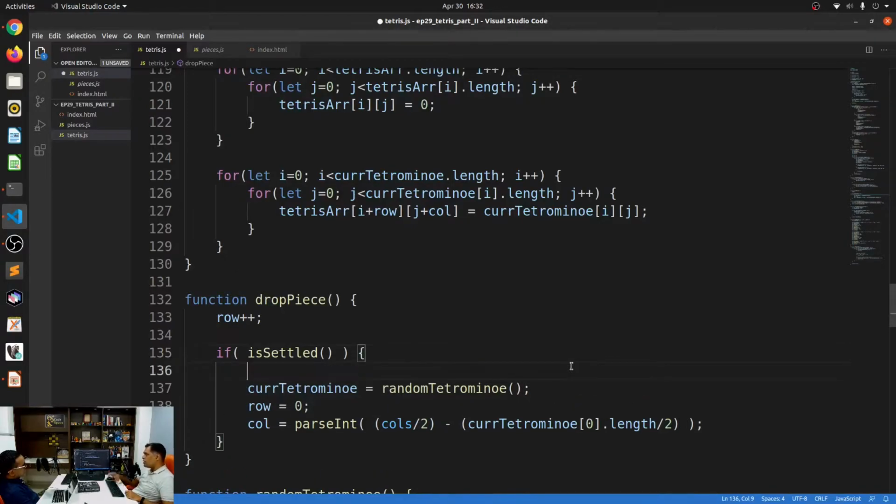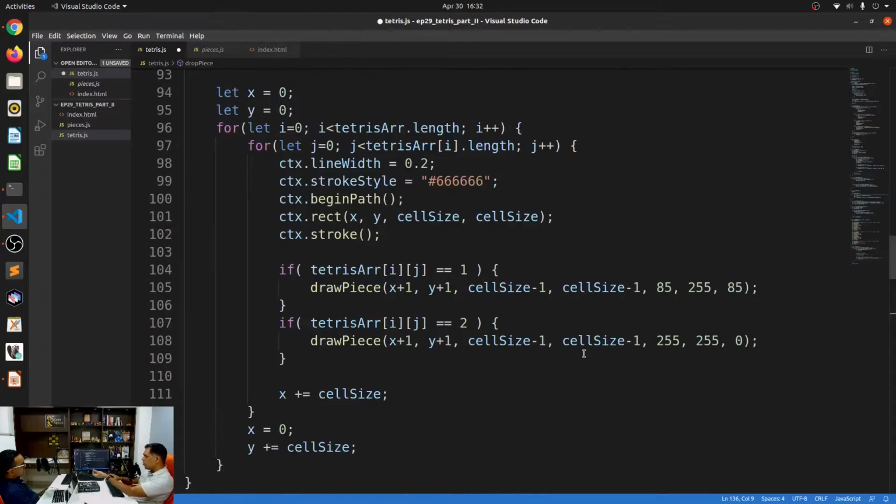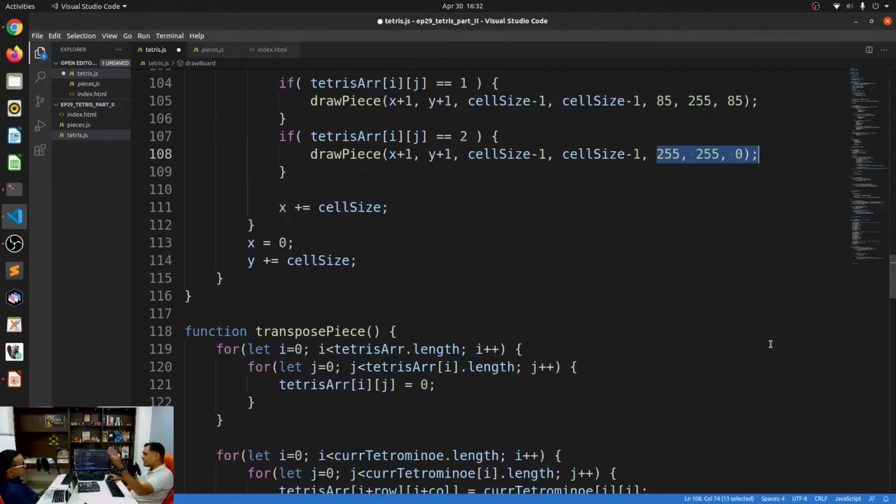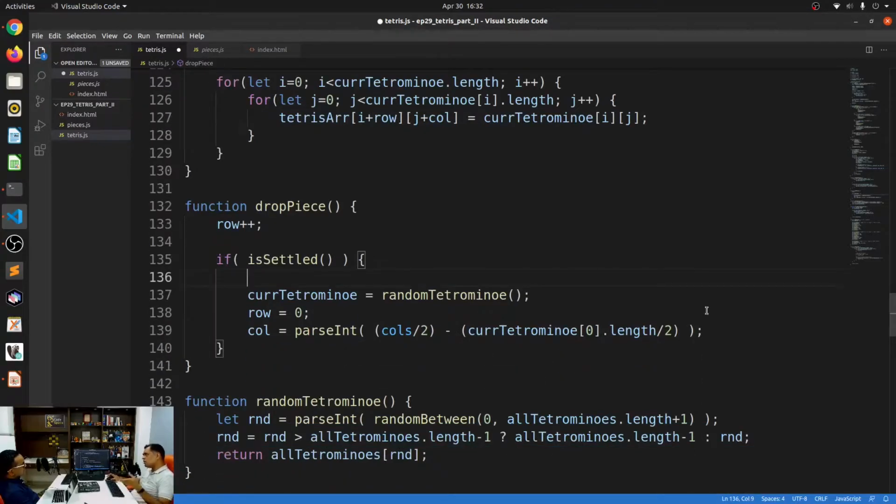However, remember that we are saying that now it has settled. And what we said was that once it settles, we'll mark that as 2. What do we do with that 2? Remember our draw function. If it is true, we draw it in a yellow color. That's the intention we have. So let's mark it also as 2's. So once again, it's the same loop that I'll have to use. I'm just going to copy this.